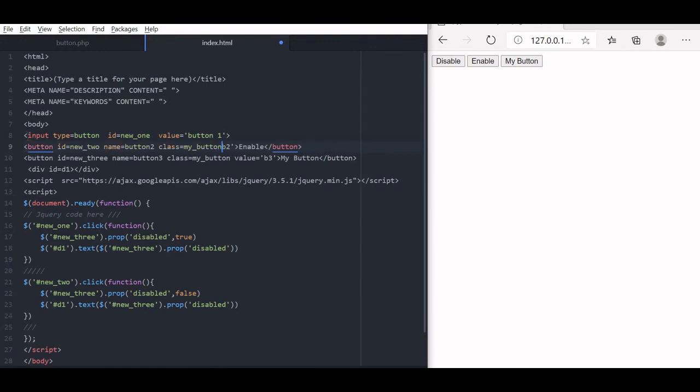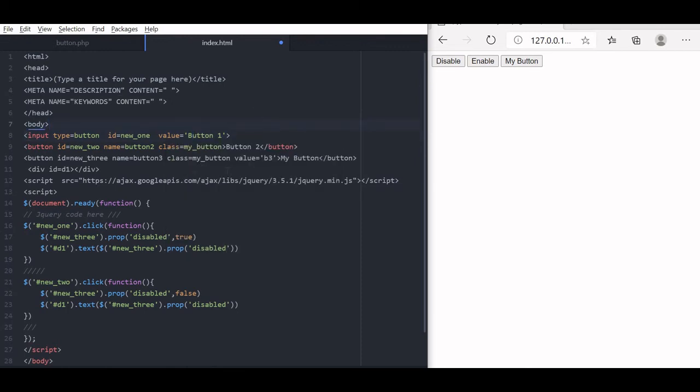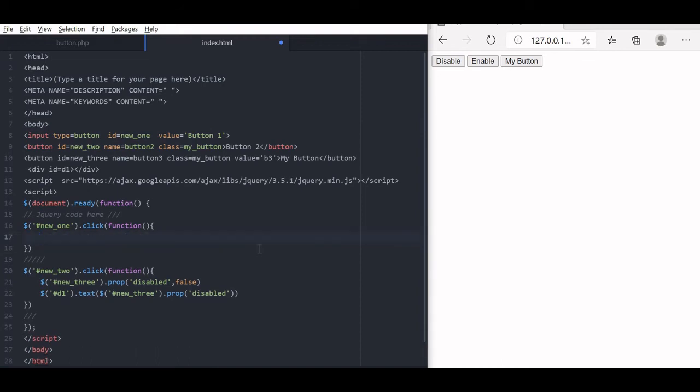Now here we will manage it differently. So here we will see button 2. Okay, fine, let's make it uniform. So this is button 2. Now the third one we are not using now. Here, what you will do, will remove this and come back to our jQuery. When the first button is clicked, we will change its text. Now what we will do, let us select again, this one, select dollar. Okay, here the first one is new one.